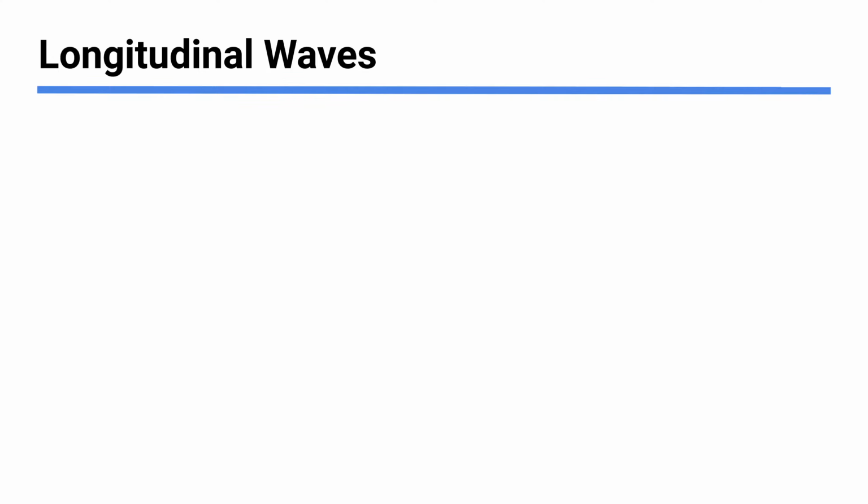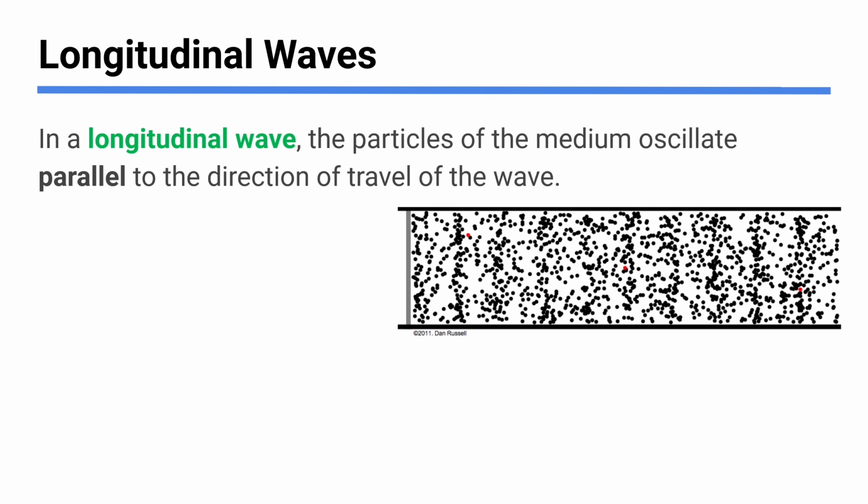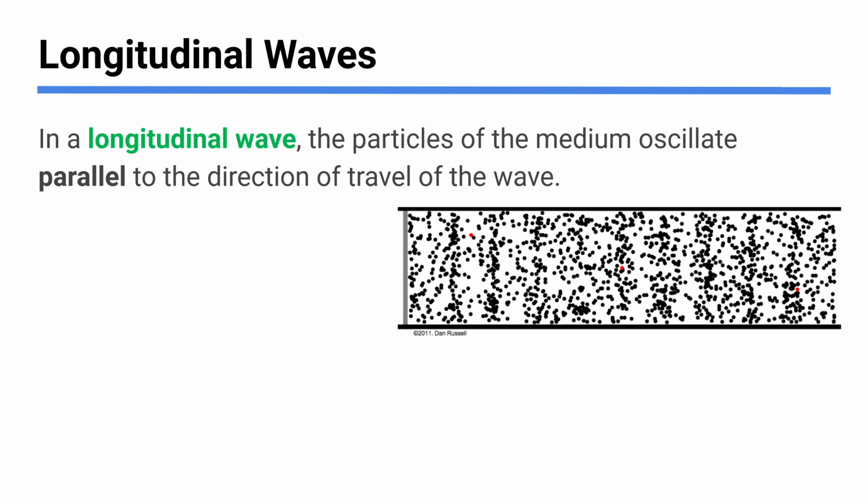Another type of traveling wave, another way you can move energy through space, is with what we call a longitudinal wave. And this is sort of the opposite of a transverse wave, whereas here the key word is parallel, where before it was perpendicular. This one's a little weirder conceptually maybe, but it's the same general idea. You have particles vibrating, and by being connected to each other or bumping into each other, you're transferring energy from one end to the other. So here these particles are definitely moving horizontally, and so is the wave.